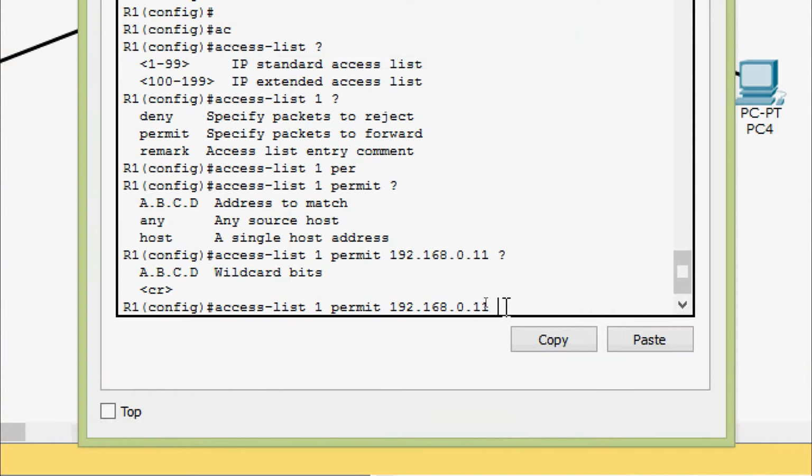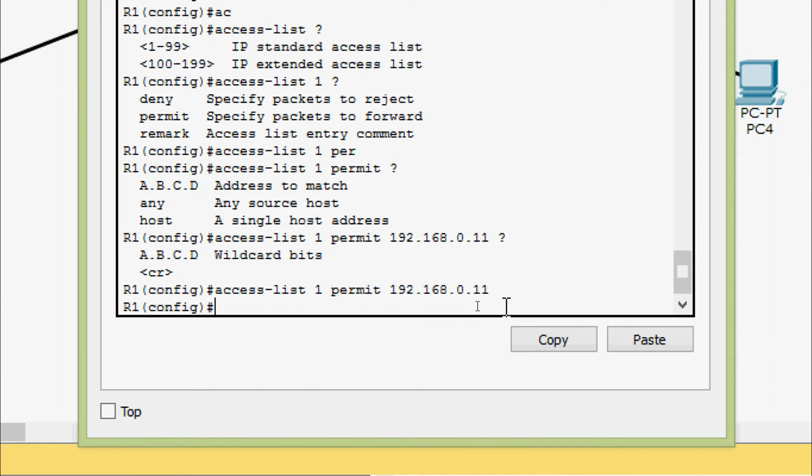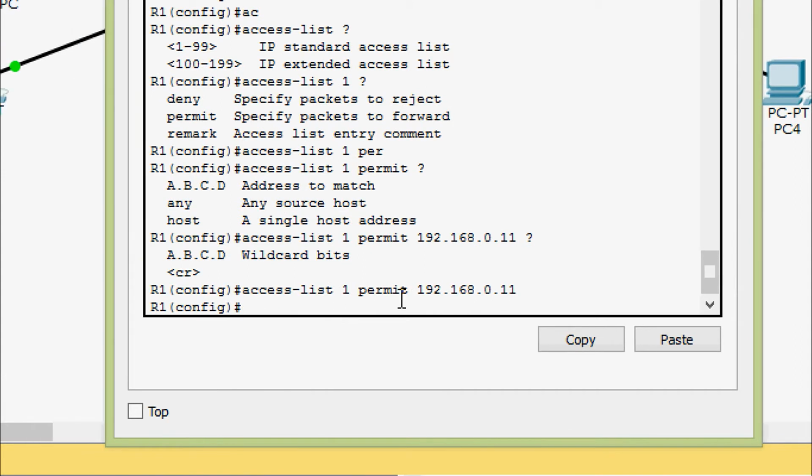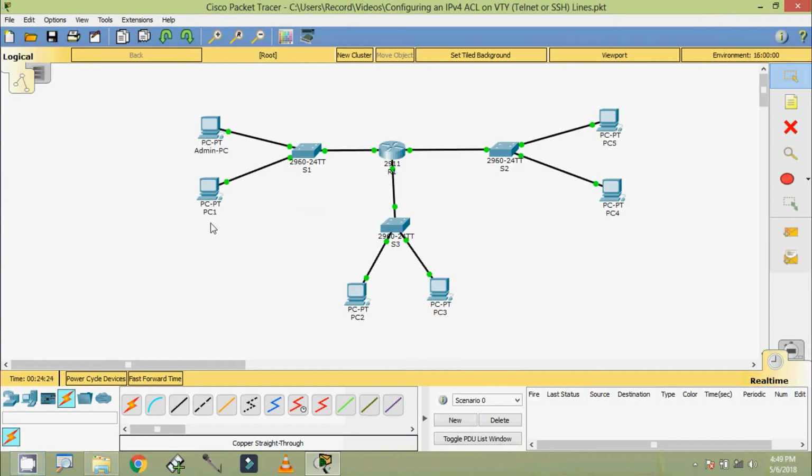Right here we are going to press enter. We are not going to give the wildcard bits. This wildcard bits we will set when we give the network address. Here, after setting this access list, after permitting this host, we can see there will be an implicit deny of all other devices except this PC, that is admin-PC. Hence, all these PCs except this admin PC won't be able to access this router R1 using the service Telnet